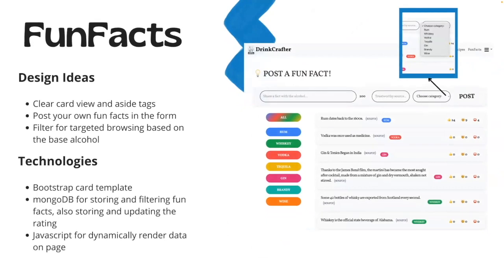And next, here is the fun facts page. On this page, you can discover the different fun facts based on the different base liquor. In the form on the top of this page, you can input the fun fact with the alcohol and also the trustworthy source to make the facts